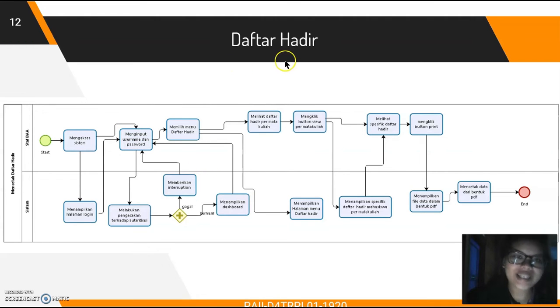And to print the attendance list, Staf BAA can choose the daftar hadir menu in the dashboard and then see the daftar hadir per mata kuliah. To print from the daftar hadir menu, the system displays the daftar hadir menu page, and then in this page, Staf BAA can click the view button per mata kuliah, and then the system displays specifically the attendance